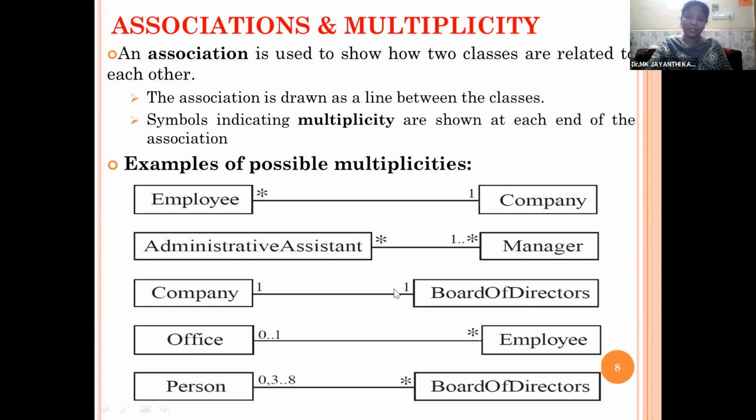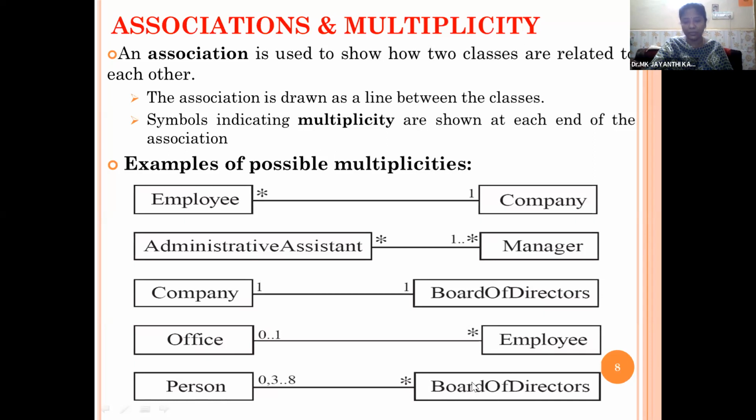There is only one board of directors, so every company will have one board of directors, a 1-to-1 relationship. In the same way, one office will have n number of employees, 1 to n. One office or zero offices will have n number of employees, a 0 to 1 to many relationship. And if one person will be in a board of directors, n number of boards of directors.